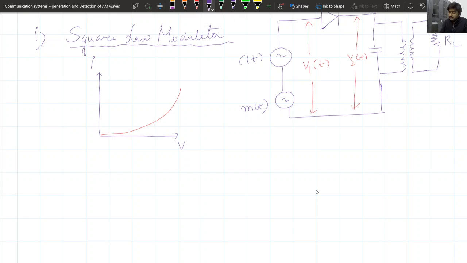So in this way, the output voltage V2 can be represented as a non-linear function of the input voltage as